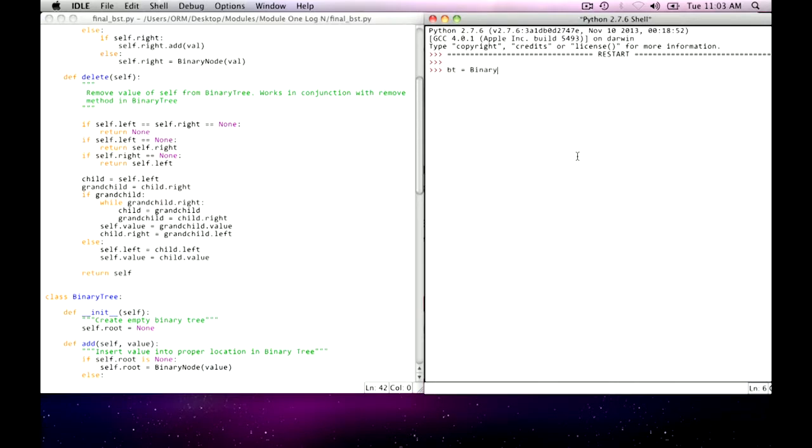If I have a binary tree and I add 5, 1, and 10, and I know that these values are contained in the binary tree, let me remove the value 5. So now my binary tree no longer contains the value 5. Now 5 had been the root because it was the top one, 1 was the left child and 10 was the right child. And yet this binary tree still contains the values 1 and 10. This capability is demonstrated on just 3 nodes, but because it's recursive, I know it will work